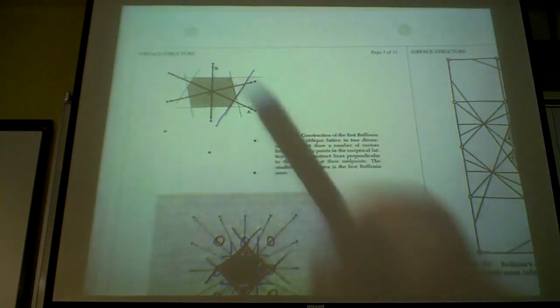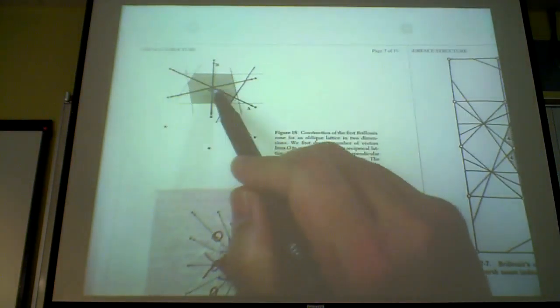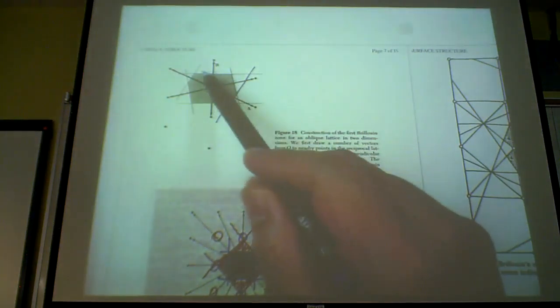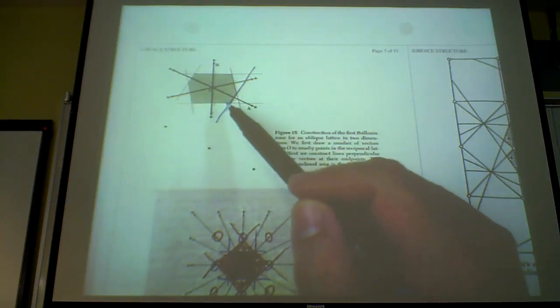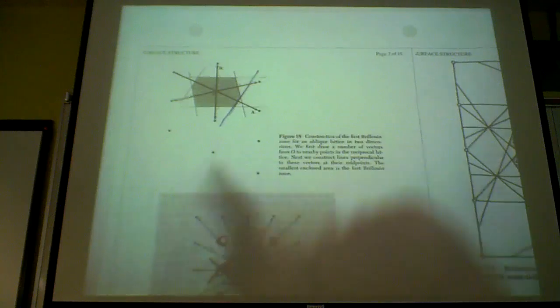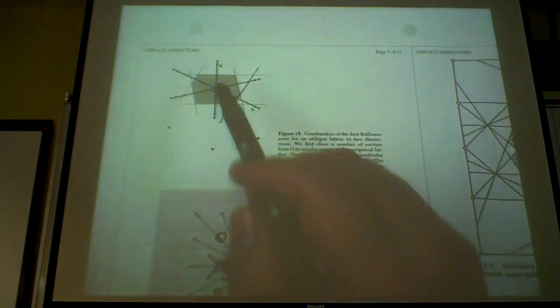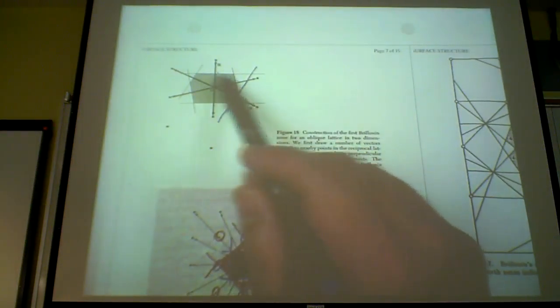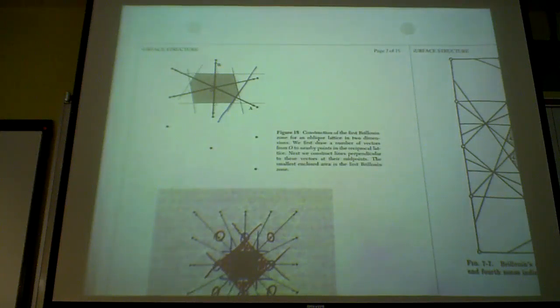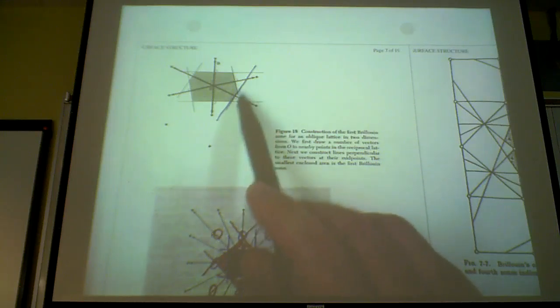If you do all that for the nearest neighbors, what you end up with is this shaded area. You see, this from here is half of this, and this from here is half of this. You carve out a little point in here, and this is just done in 2 dimensions. You can imagine another dimension in 3 dimensions, and you can create a volume like this. Here I create an area because I have 2 dimensions. So this volume or area is what I call the first Brillouin zone. Just go to your nearest neighbor in reciprocal space, take the bisector and